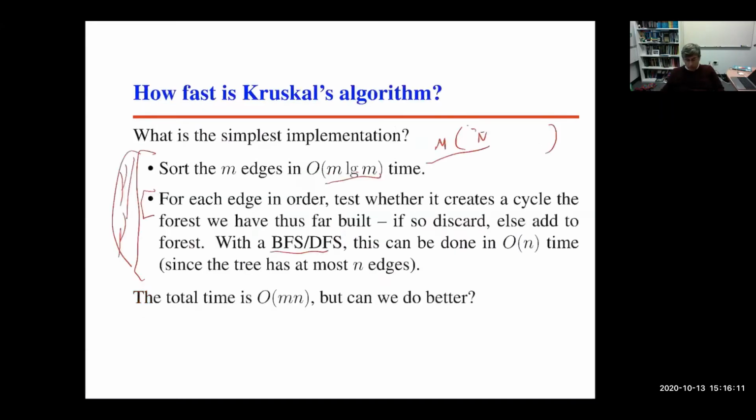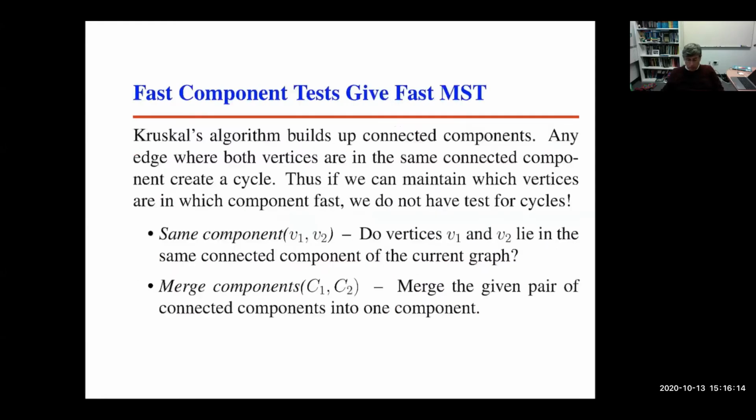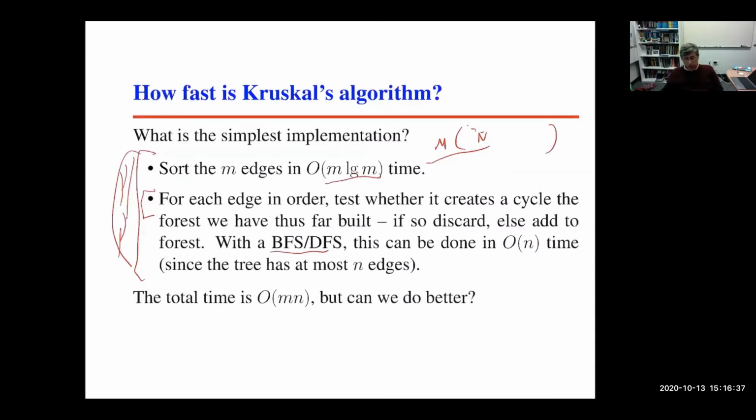Okay, so the amazing thing is that Kruskal's algorithm is correct. Any questions about Kruskal's algorithm? What I'd like to do is take a little time and show you how you can in fact make Kruskal's algorithm run faster than m times n. If we look at the algorithm, again, we will start by sorting the m edges. That's going to be m log m. Then we're going to go around m times and have to test whether or not adding an edge